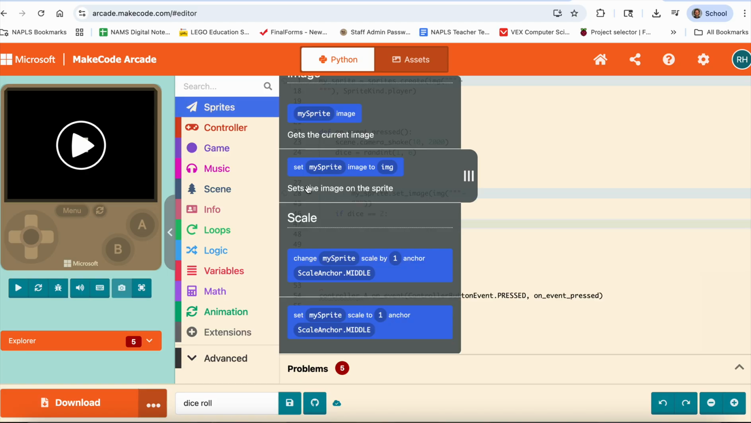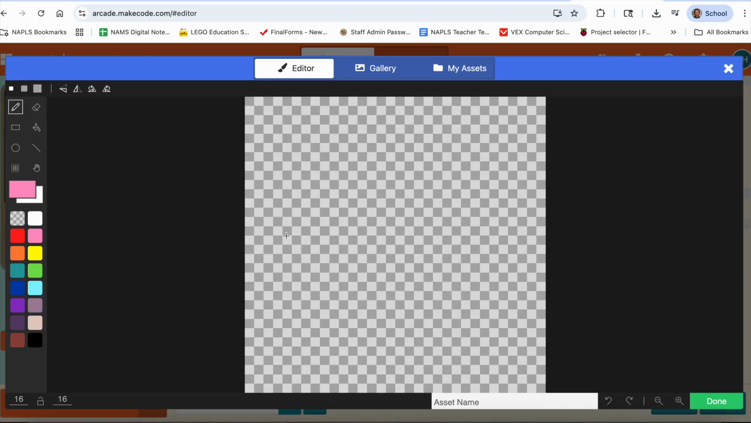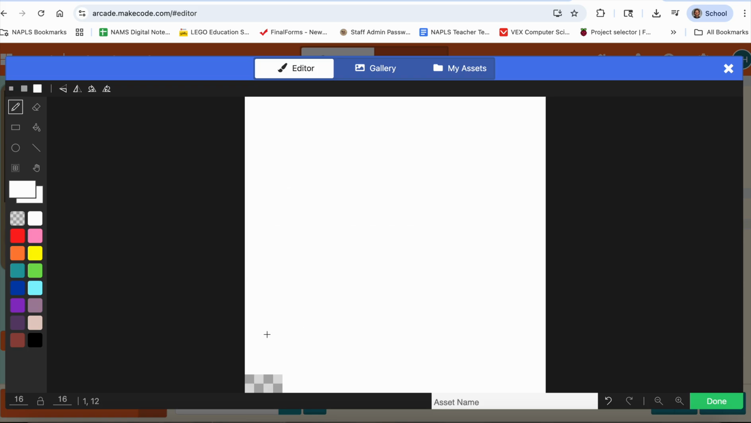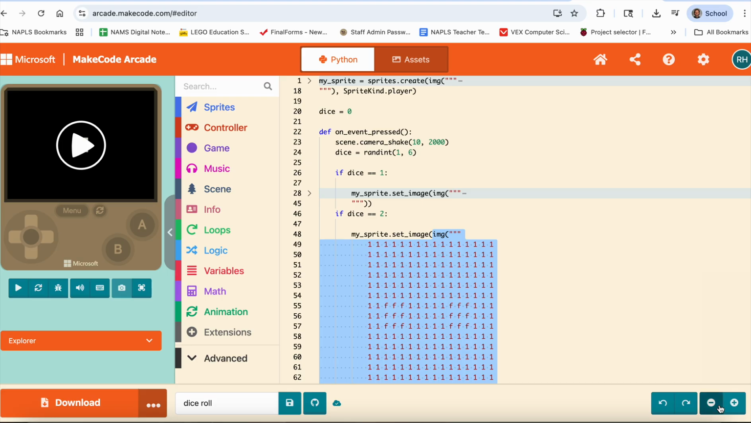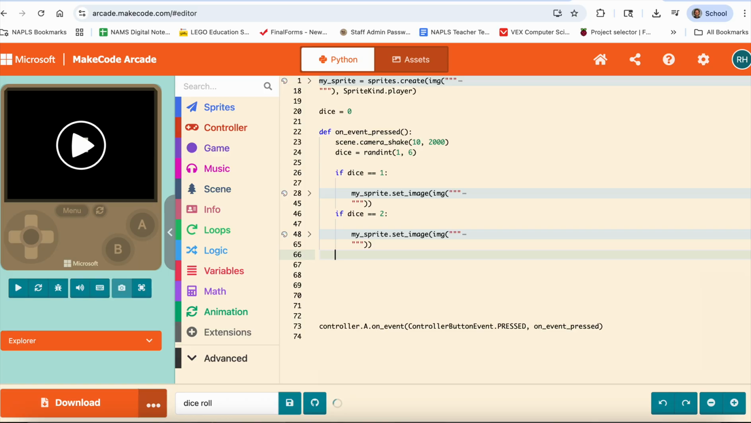I'm going to go to sprites. I'm going to choose set my sprite image to, so that same block that we just used, put it underneath. I'm going to click on my art palette, and I'm going to draw my dice again. Click on the white, big square. I'm going to click on the black color, click on the medium size square, and now this time, perfect. Okay, put my cursor there, click return, click delete, and now our next if statement is going to be inline. So if dice equals 3 colon return